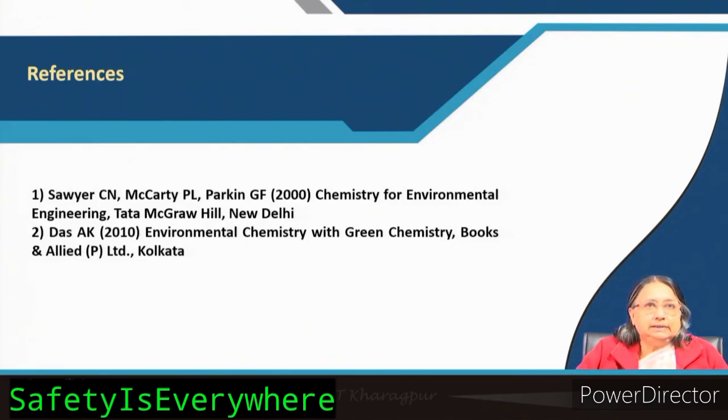Now, references: the same book, Sor McCarthy and A.K. Das, that is Environmental Chemistry with Green Chemistry. All the methods are written very nicely. In Standard Methods also you can consider, there is a very good standard method book, Water and Wastewater Analysis. There also you can consult all the methods, but in these books also it is nicely written, you can read it thoroughly. If you want to do the experiments, or measure chlorine or nitrogen containing compounds like nitrites, ammonia, nitrates, then you can read these books to have thorough knowledge.